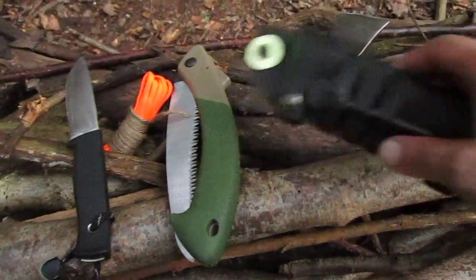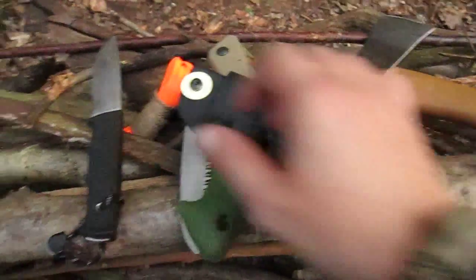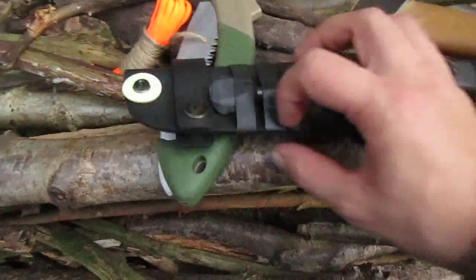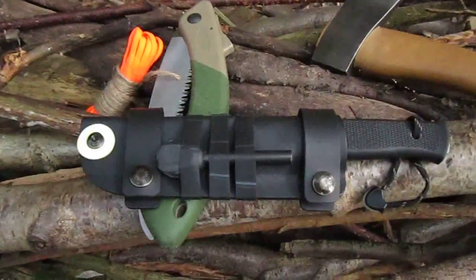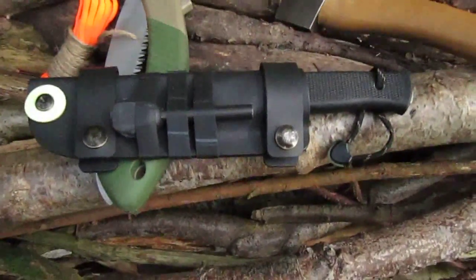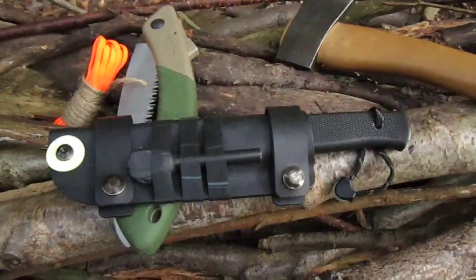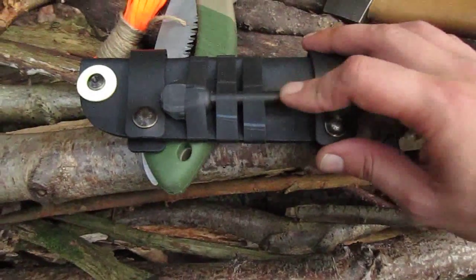Just while I'm up here, there's a little mod that I've done to my Kydex Falkniven F1 sheath. Before, I had another Kydex adapter here which sat at the bottom of this sheath and stored my Solar Scientific Aurora ferrocerium fire steel, which is a really high quality fire steel. But as you know, I'm going for a lightweight feel to my equipment nowadays, to minimise what I have to carry. So I've just replaced it with a very simple, classic,